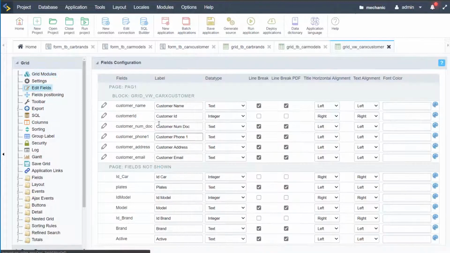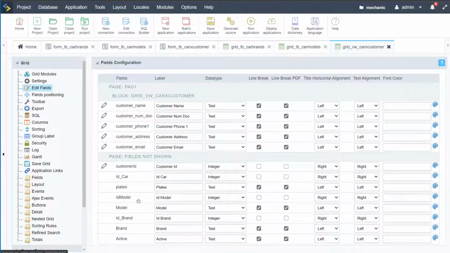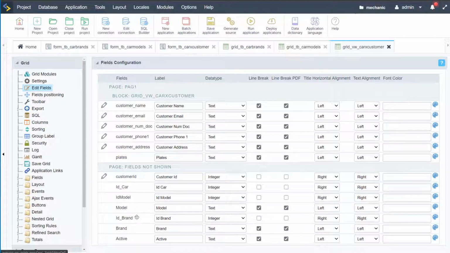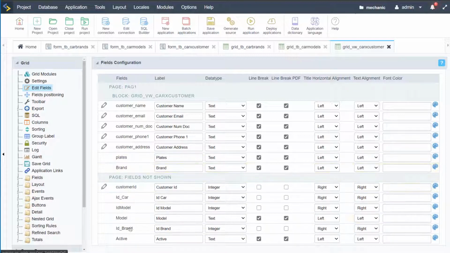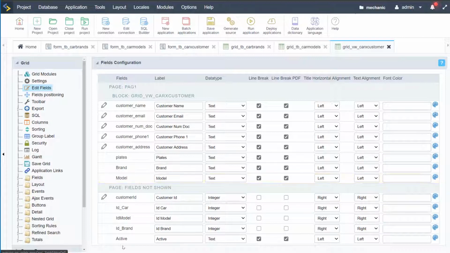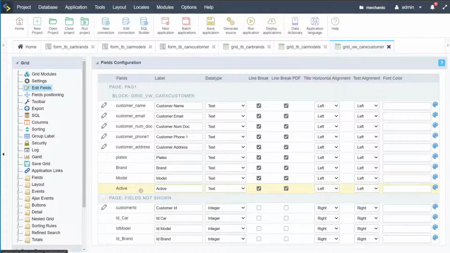So first of all, let's go ahead and adjust these fields. So we have here, first of all, the customer name, the customer ID can go, the email address, where is that? That's there. And then we want the number document, the phone number, the address, the plates of the car, the brand of the car, the model of the car, and also the current status being active. So if I go ahead and save those,